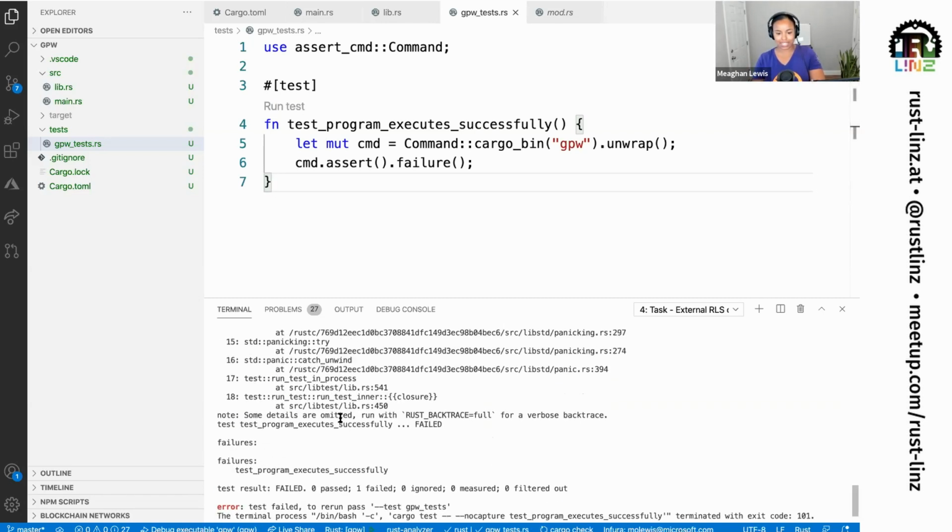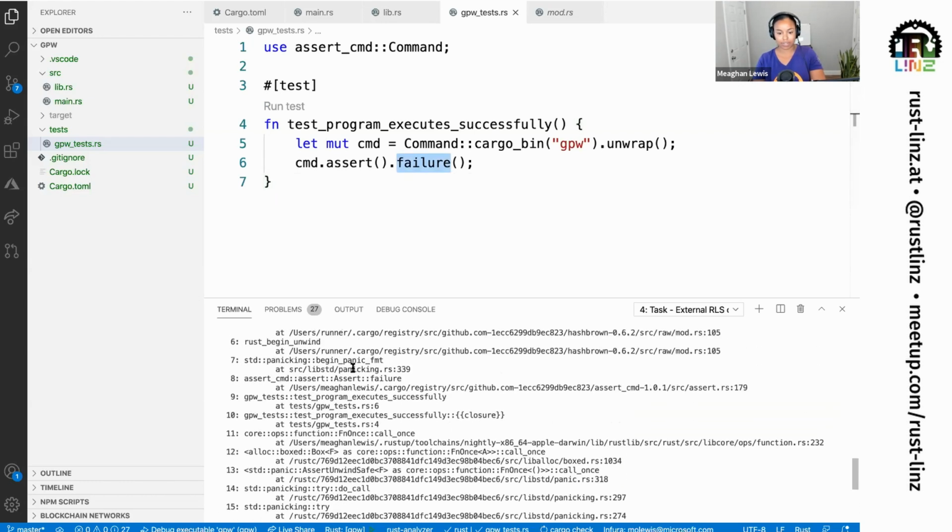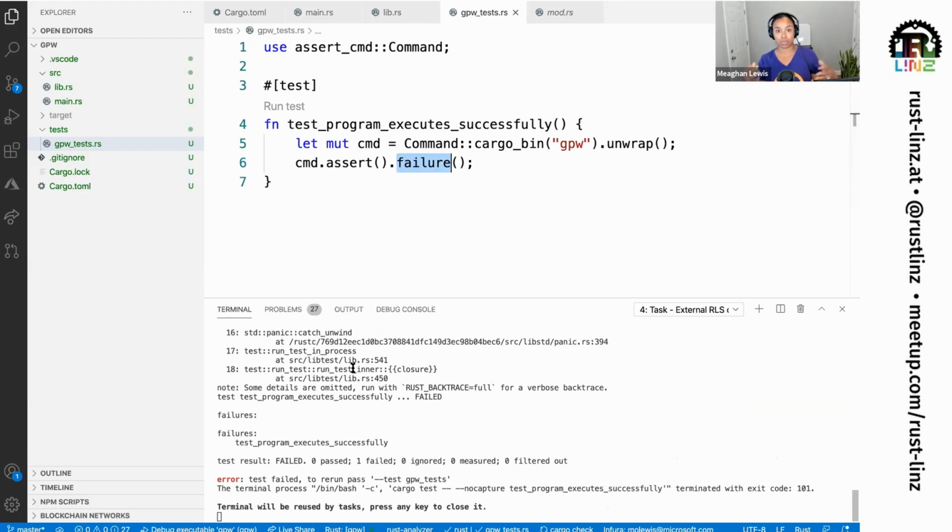So for example, I just changed the success to failure, and I can see that that does in fact fail my program because it was able to run it successfully. So I always recommend writing various tests and also making sure that your tests can both pass and fail so that they are valid. So that is a quick example of an integration test.